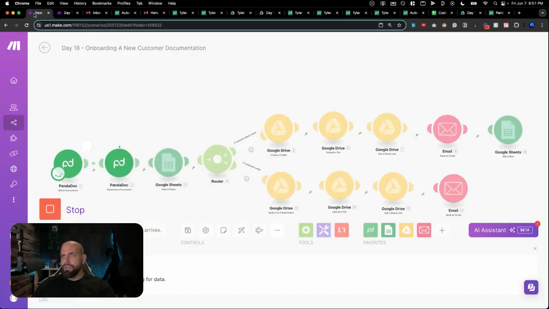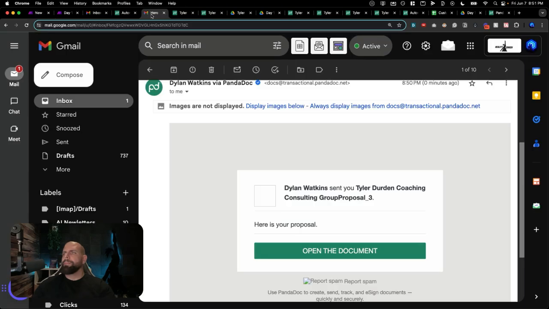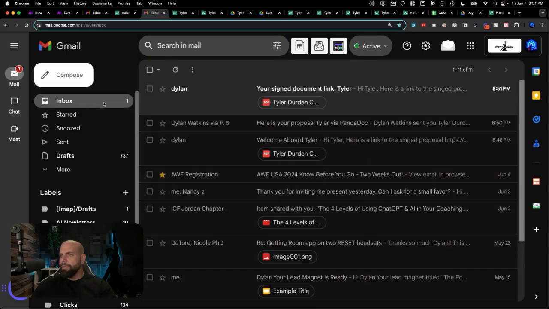Hit finish. It's downloading the document. It's going to look in the Google Sheets. See that? Route to the bottom. Upload the file, document, and it should send the other email. Great. All right. So now if we open this one up,